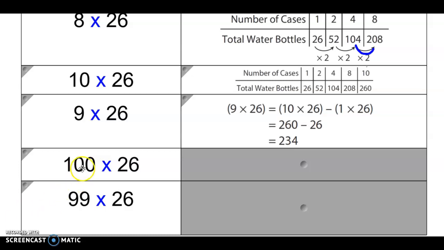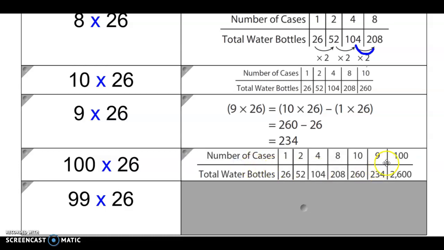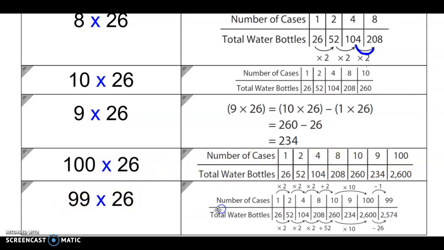Time to check our work. So we know 100 times 26, we can apply that same strategy we did with our tens. And if 1 times 26 is 26, now we have 2 zeros to place on to figure out 100 times 26 is 2,600. We can use that to help us solve 99 times 26 or figure out 99 groups of